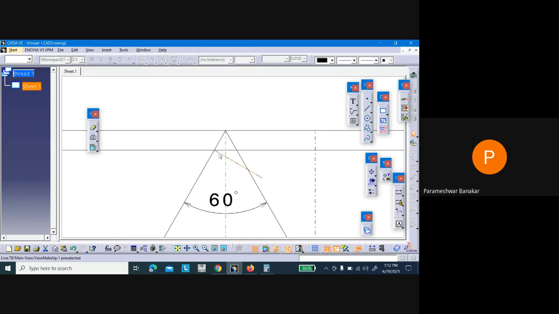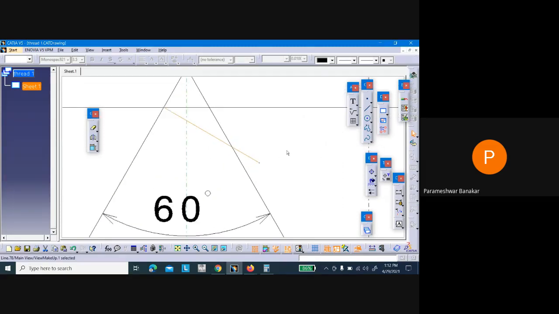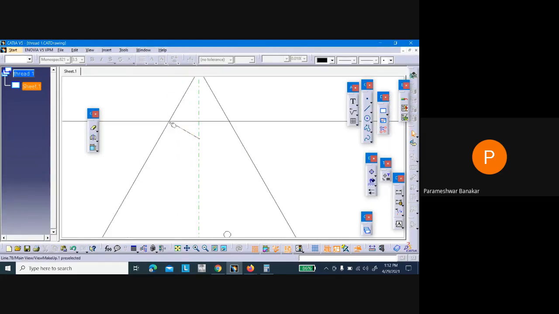From this intersection point, draw one line. It should be perpendicular to this flank. Remember that. After doing that, you can trim this line and this line as well. Now we have one line which is perpendicular to this flank, coming from this intersection point.